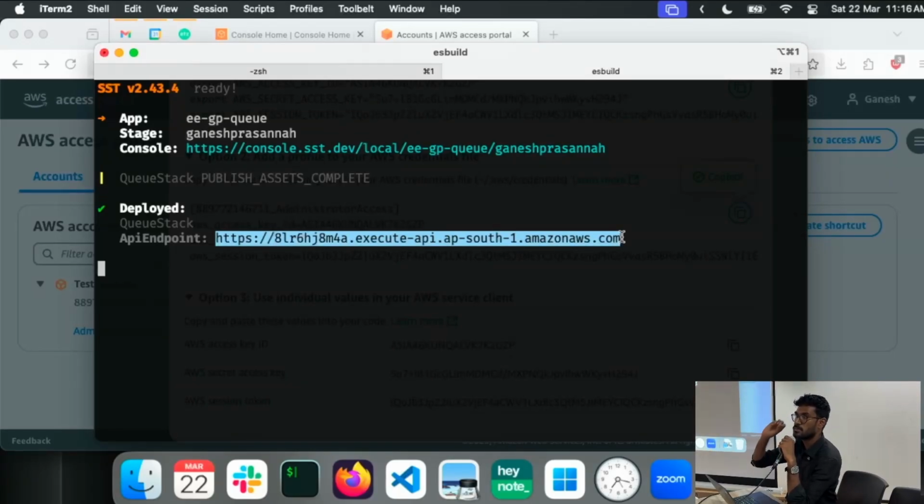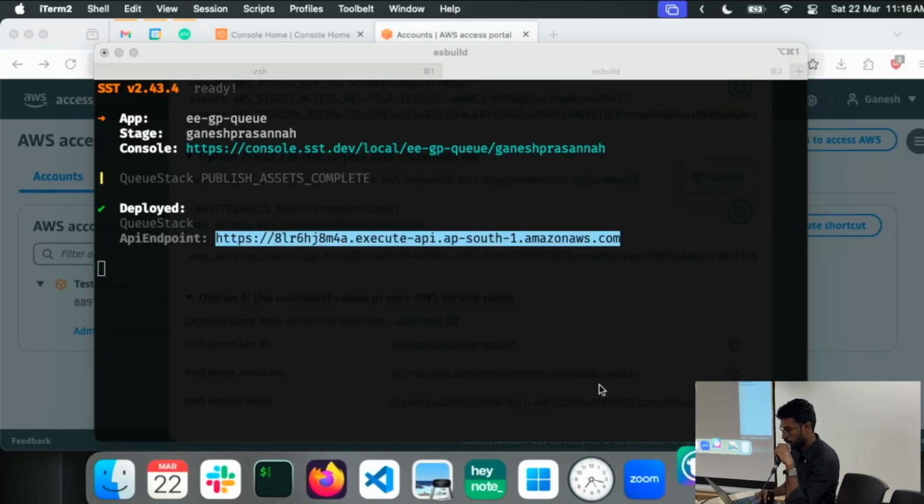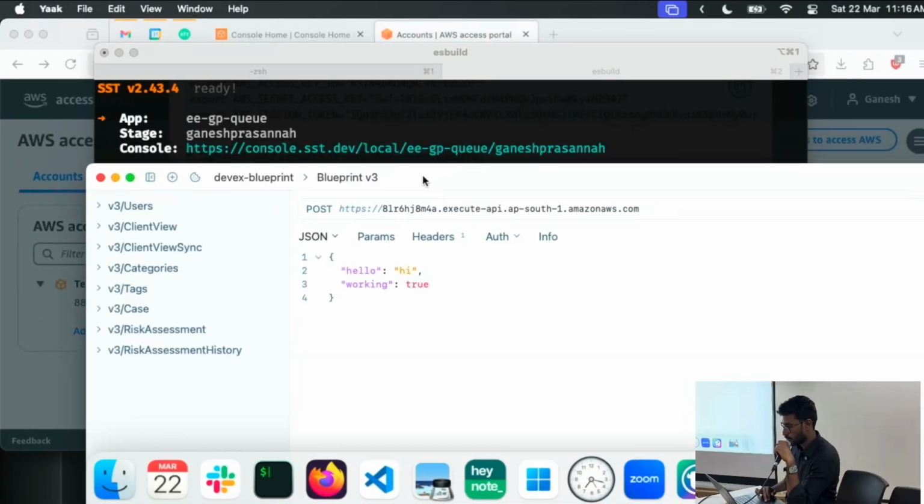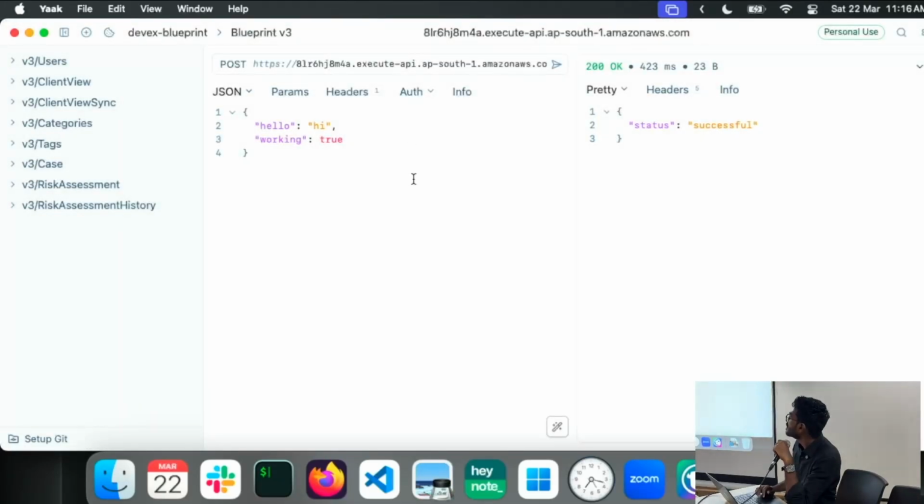You hit this endpoint with some request, it pushes it to SQS, and then there's a consumer running that's going to print the messages that it is receiving. I hope you can see that. So I'm just sending some message.